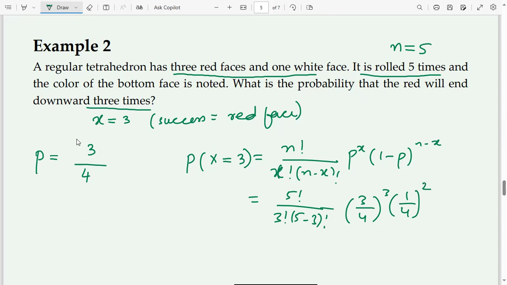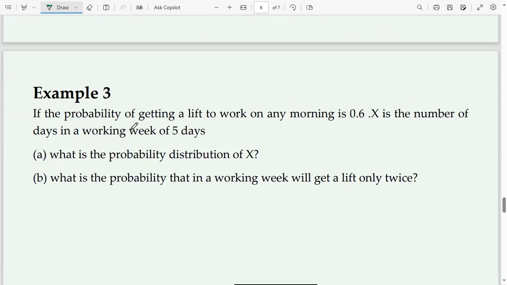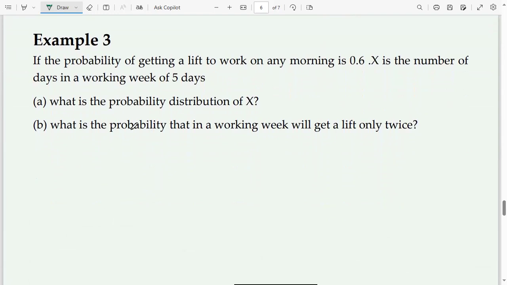तो इस तरीके से अक्सर सक्सेस प्रोबेबिलिटी ना भी गिवन हो तो यू कैन कैलकुलेट इट। अच्छा, another example, I won't solve it much, मैं next topic पे जाऊंगा, that is polynomial approximation using Poisson। तो यहाँ देख लेते हैं पहले, the probability of getting a lift on any morning, जो भी probability गिवन होती है, it is usually the